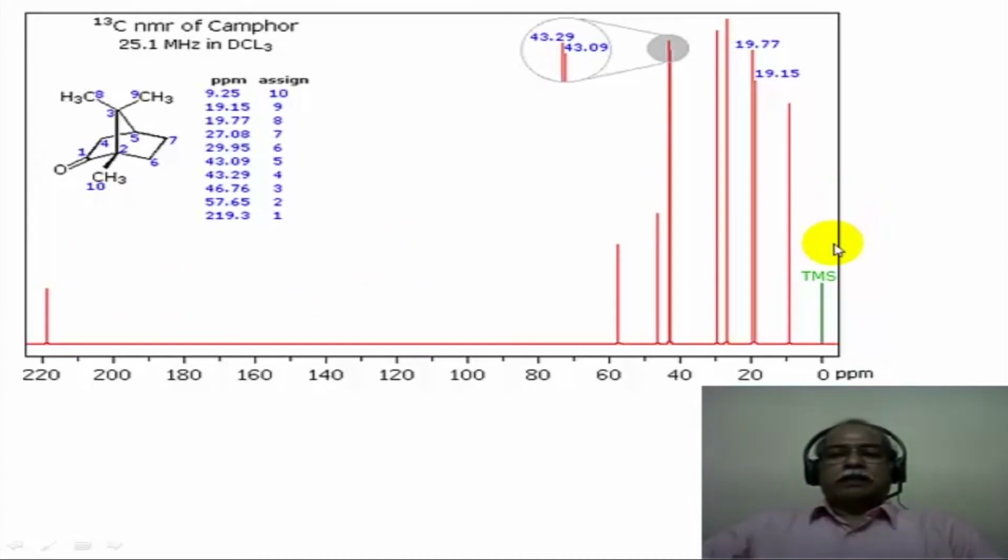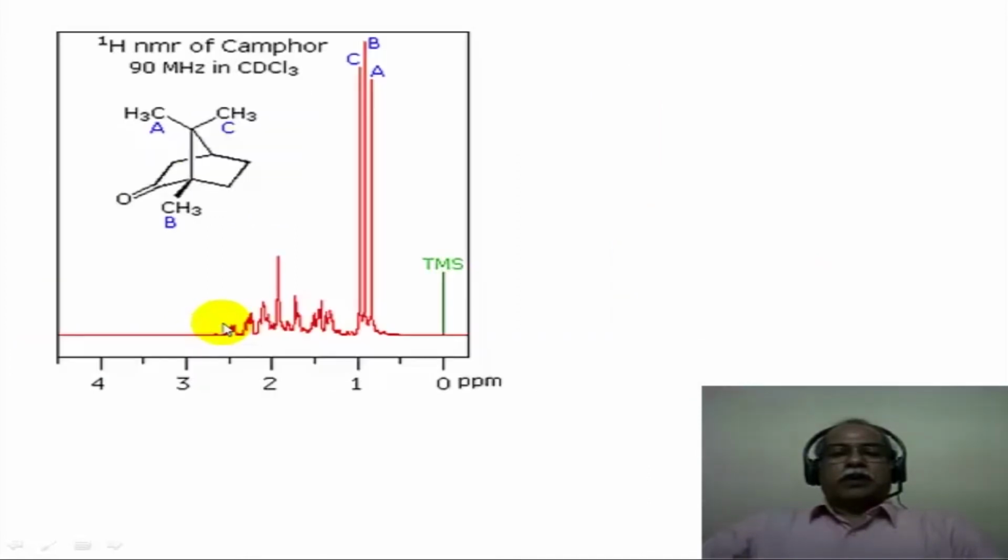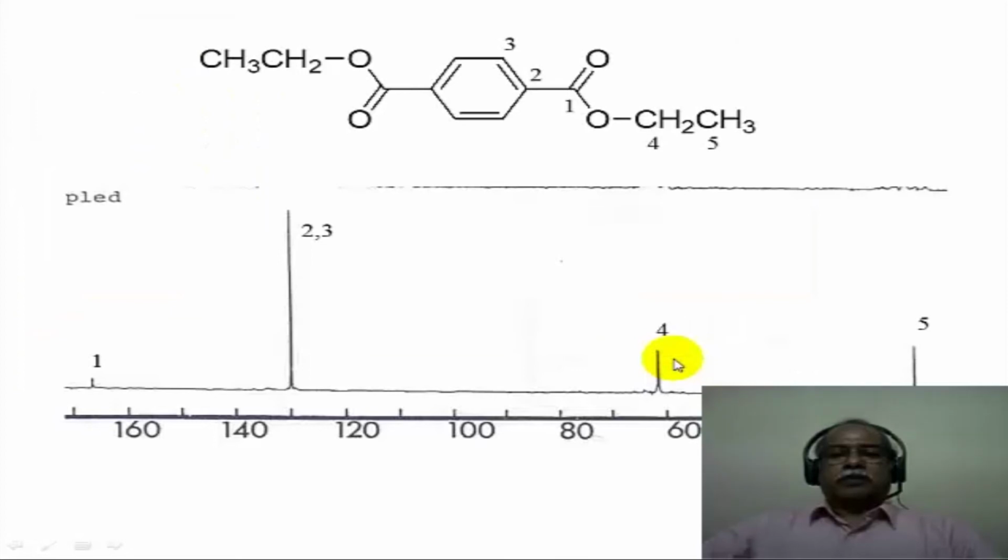So in some sense, the carbon-13 spectrum is a much more resolved spectrum because the individual carbons come at separate frequencies, and the spectral spread is also much higher, from 0 to 220 ppm, whereas proton is normally only from 0 to 10 ppm or 0 to 12 ppm or so.